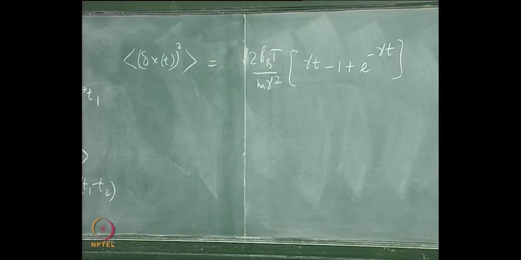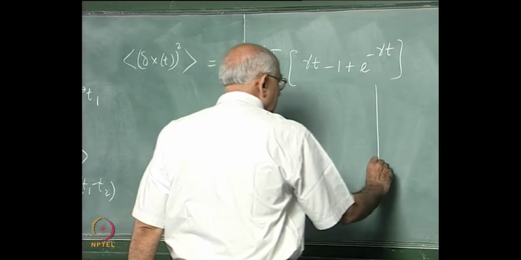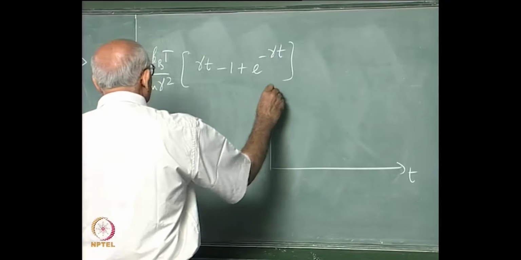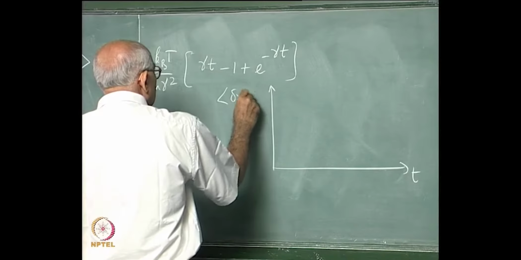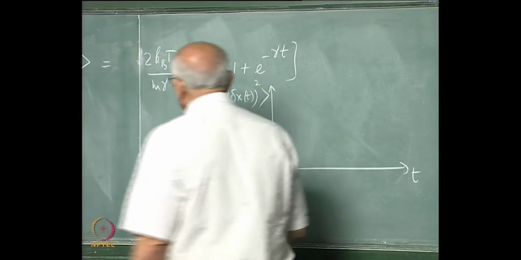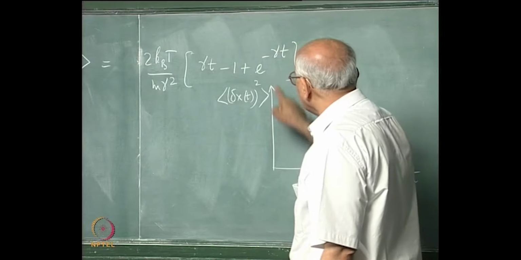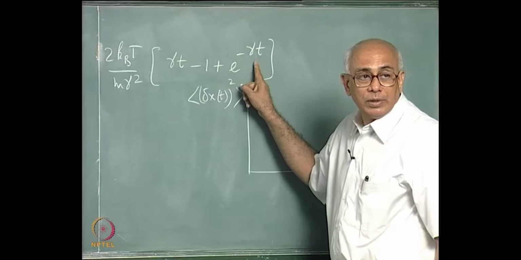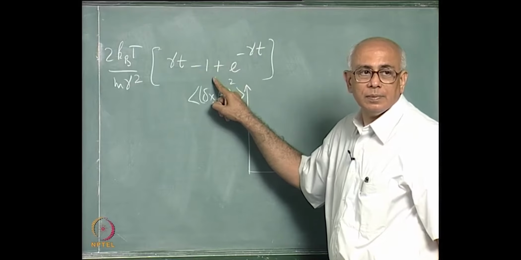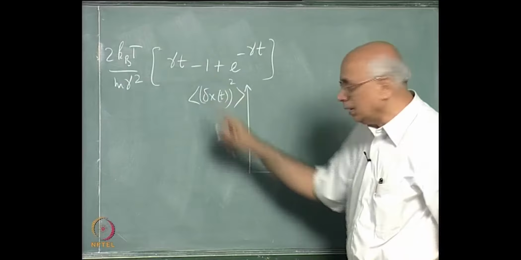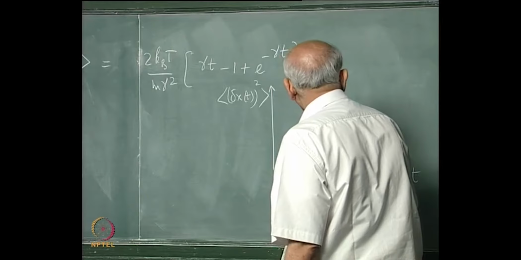So its correlation function is going to depend on both time arguments and is not a function of the difference of the two alone. So if I compute delta x of t1, delta x of t2, it is a function of both t1 and t2. And how does this function look? As a function of t, if I plot delta x of t whole squared. Exactly. So it is clear that asymptotically this term and this term are going to dominate over this, and this is a straight line which intersects at t equal to 1 over gamma here. So there is a straight line of this kind with some slope,